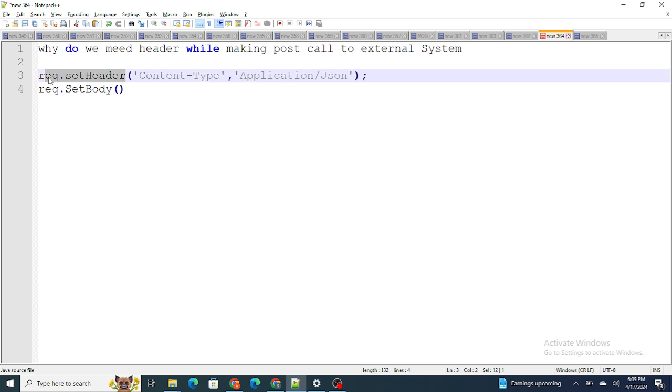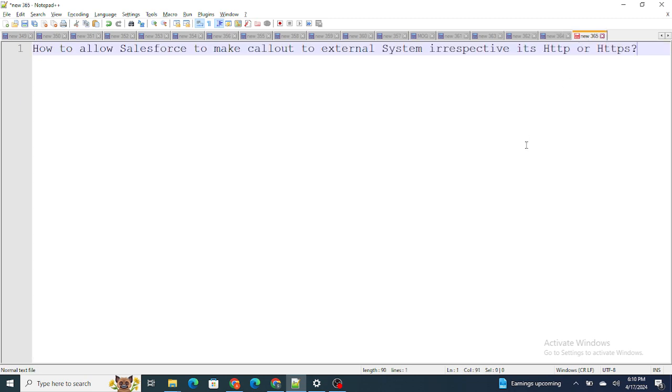So it's somewhat similar to the metadata of your body. So it's data of data, like what kind of data you are passing from the set header. So what kind of data you are passing inside the set body is defined with the help of the set header. So that's what we use the set header for, to specify what type of data we are going to pass from one end to another. Let's move on to the next question, that is how to allow Salesforce to make a callout to the external system